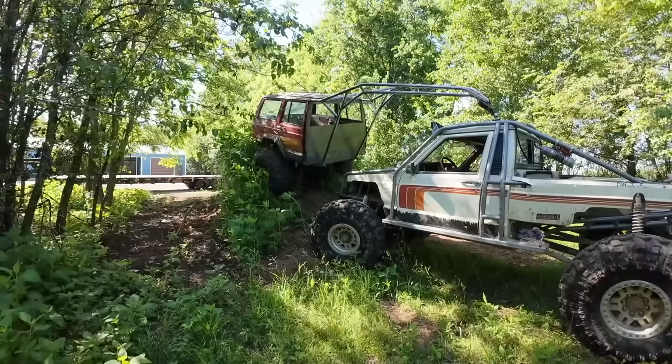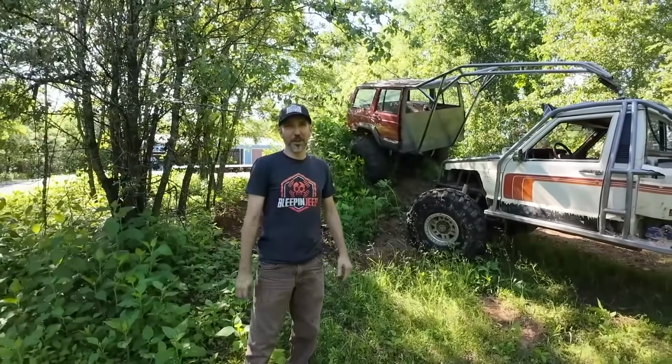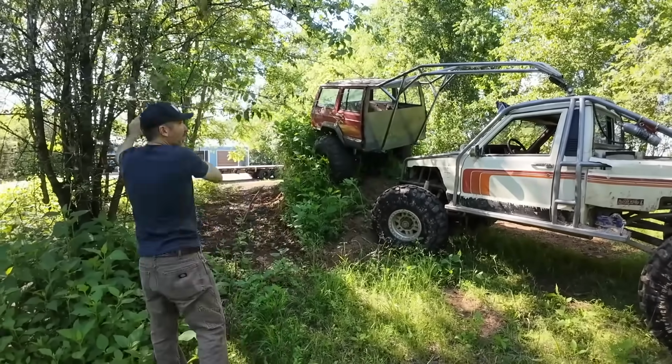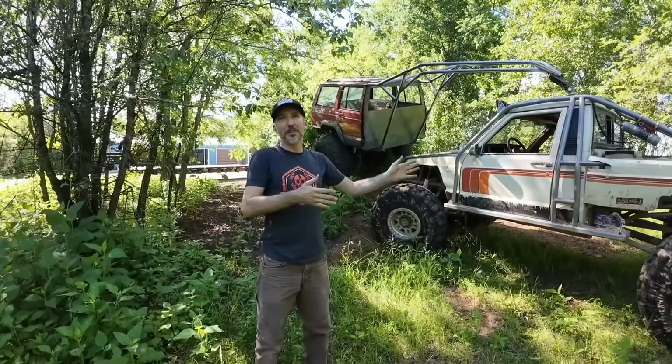She's a beaut. So, when we go off-road, we just have to push it everywhere. Everywhere we go, we just push it. Push it all over the place. Yeah. No, I think it'll be fine. It'll be fine being pulled behind you. But as soon as you have to back up, like if you go down the wrong trail and you're like, oh no, I gotta back up 200 yards, it's...